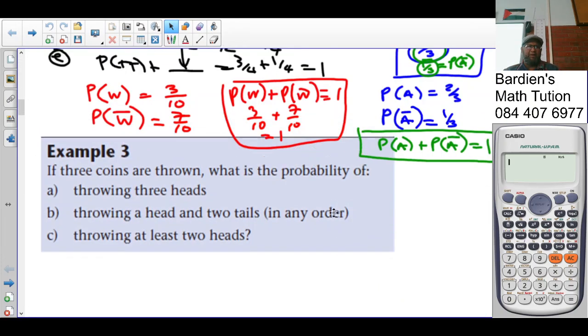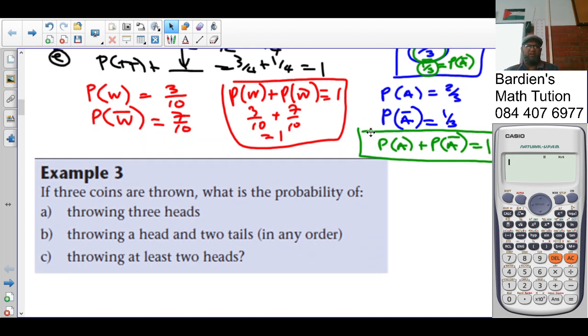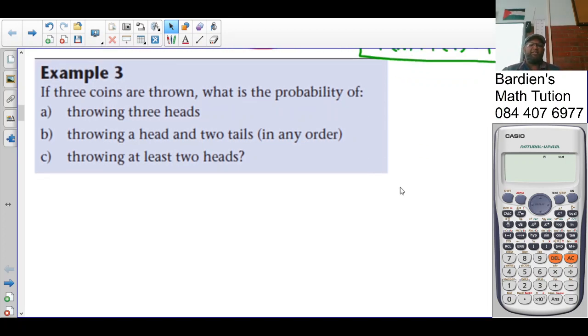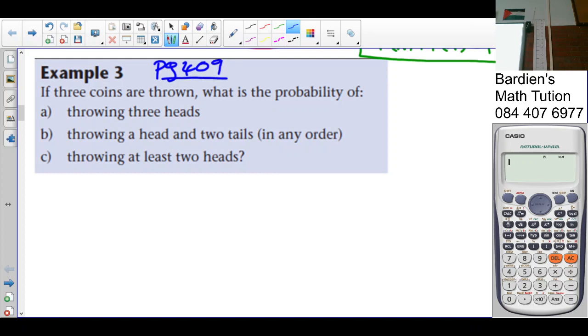So that was the last thing we were speaking about, no? The complementary events that add up to 1. So in example 3, on page 409, if 3 coins are thrown,